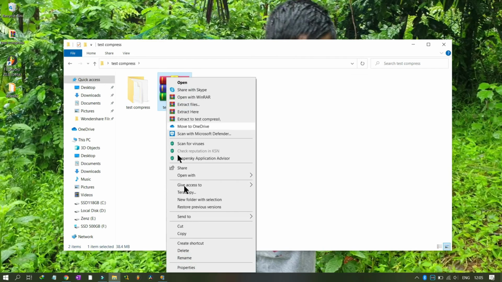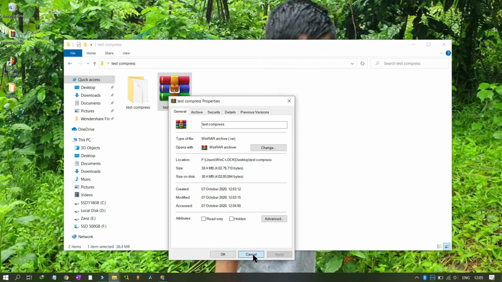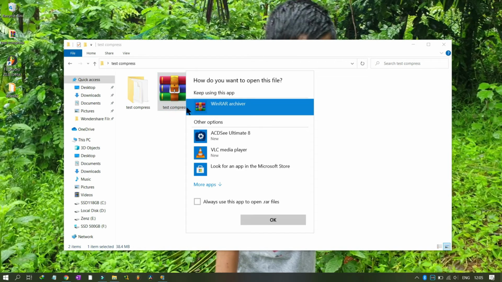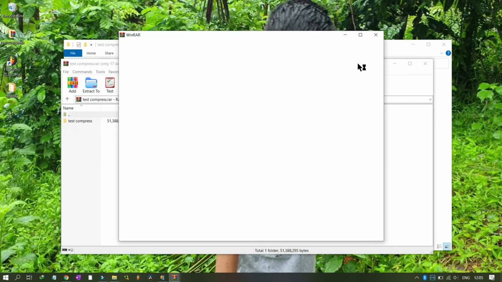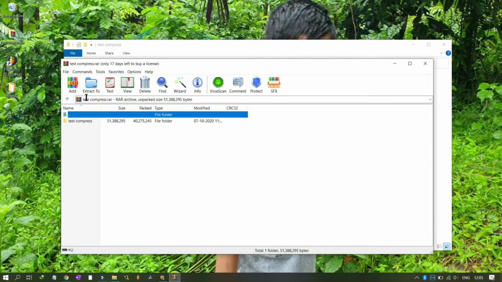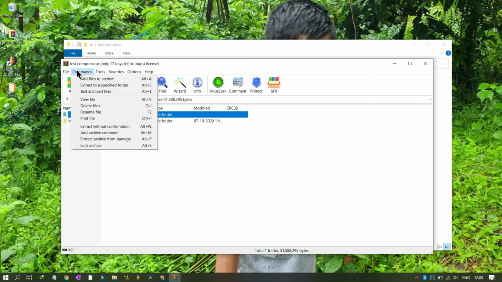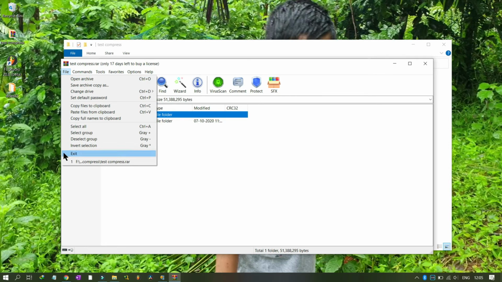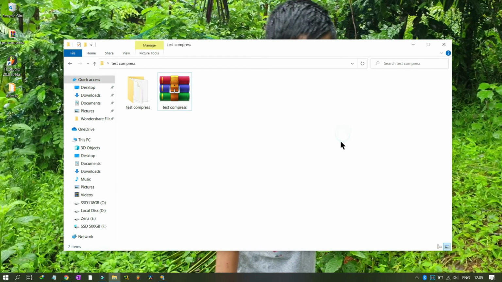So this is a beautiful feature, and you can click on properties, and a lot of extra features are there. So if you double click, this is the WinRAR folder, which will show you a lot of extra features which I have not used and have never felt the need to use, but it has a lot of extra features which you can utilize. I think for that you will have to purchase the software. So this was in short how to compress the files and save your disk space, and how to password protect.